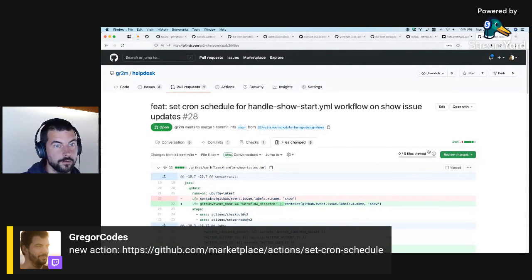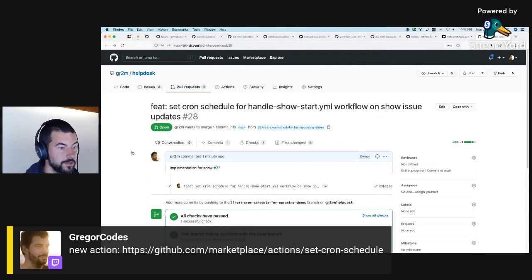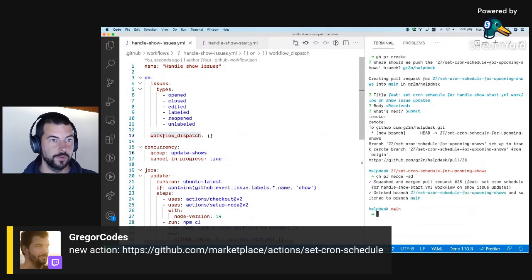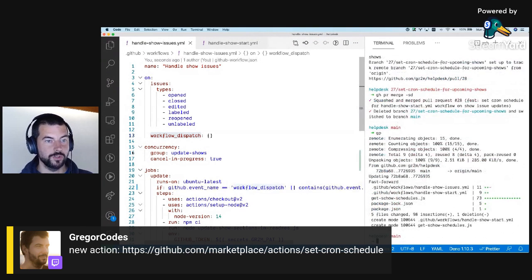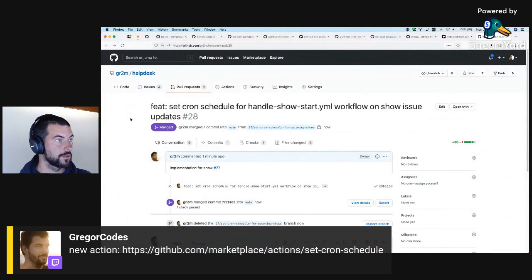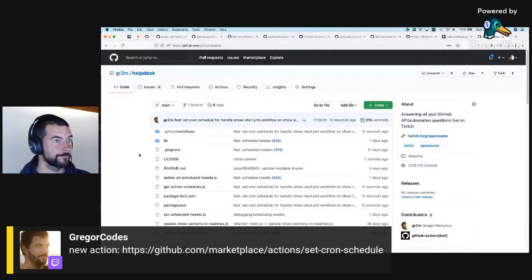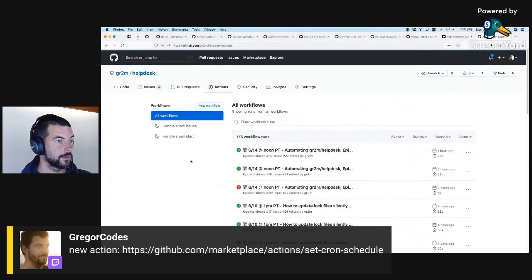All right. Let's merge that in. I like to use the GitHub CLI because it also just deletes my branch right away and then pull the changes. Okay.